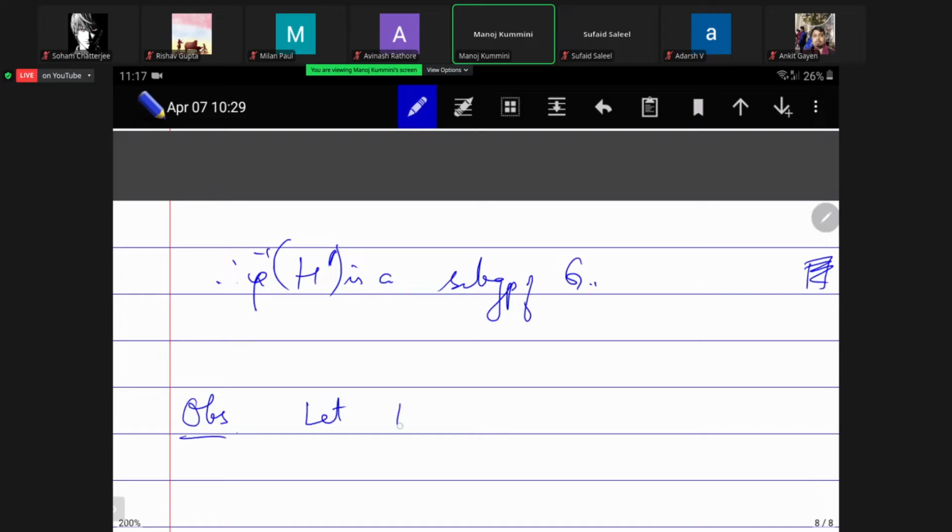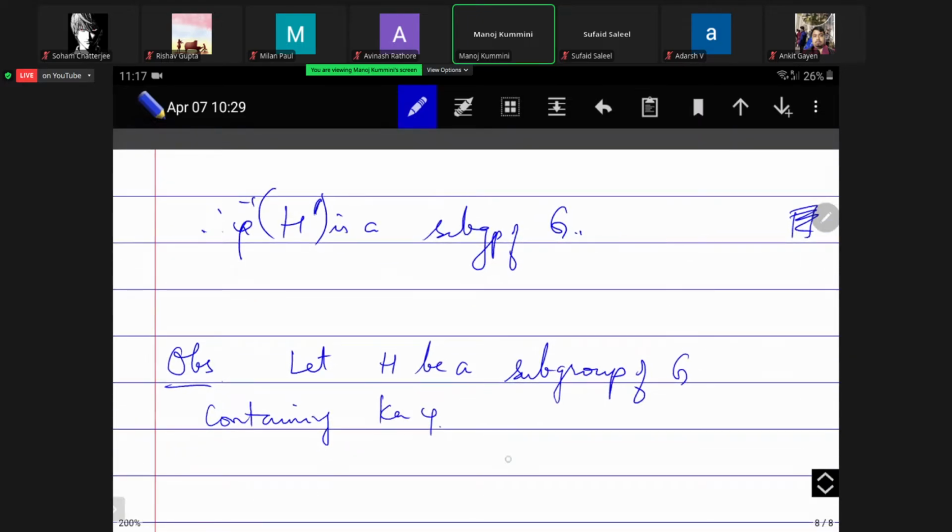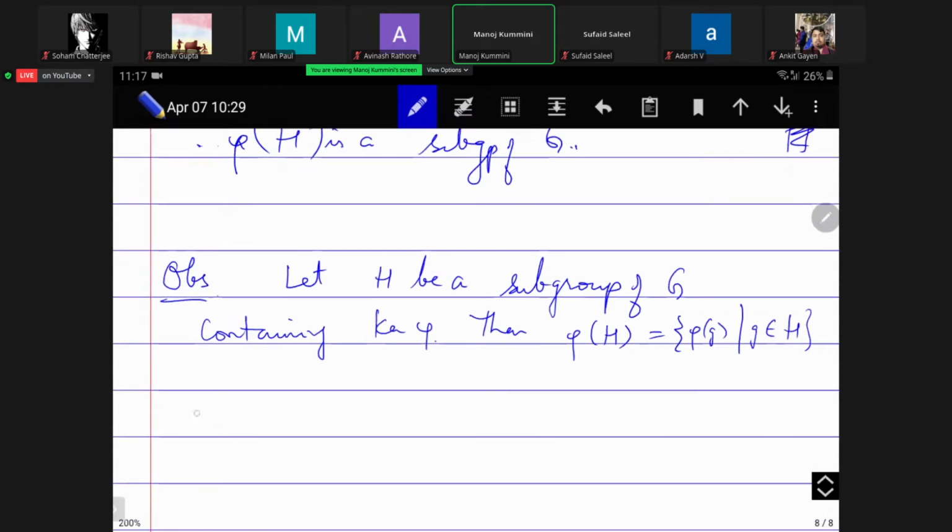Let H be a subgroup of G containing the kernel of phi. Then phi of H, just as a set, if you just apply the function,